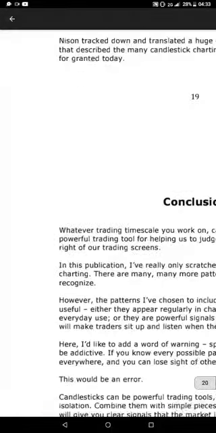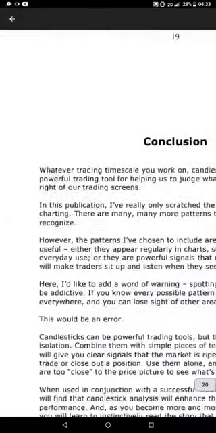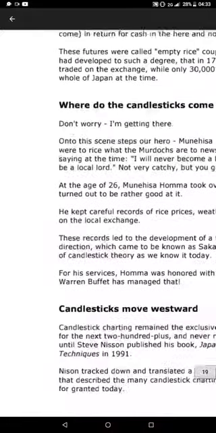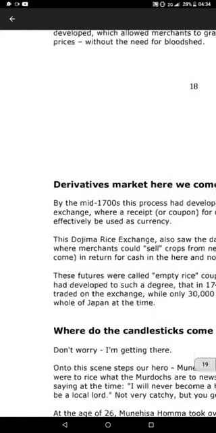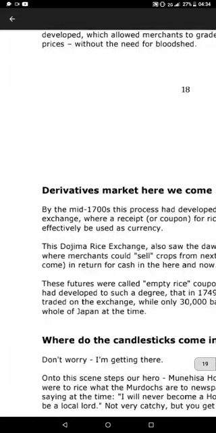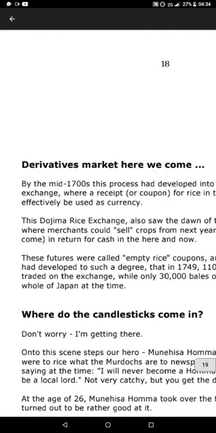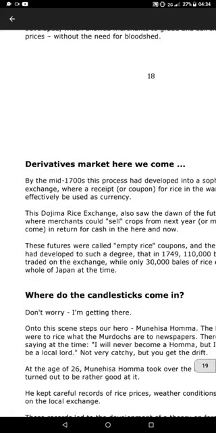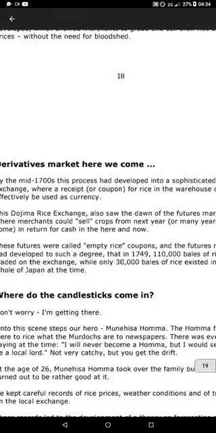Guys, I think we are left with something small, guys. We have to make it fast, guys. You see, I'm running out of space, guys. Here we have a derivatives market. Here we come. By the mid 17th